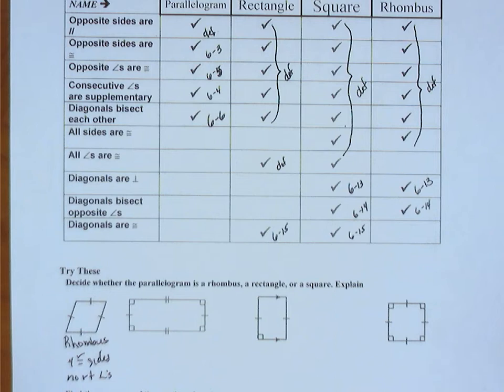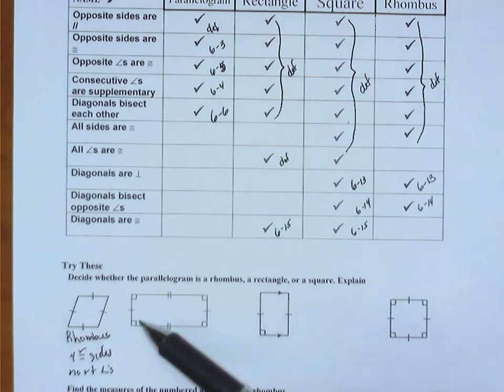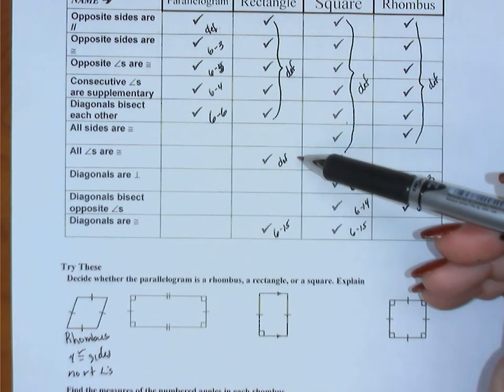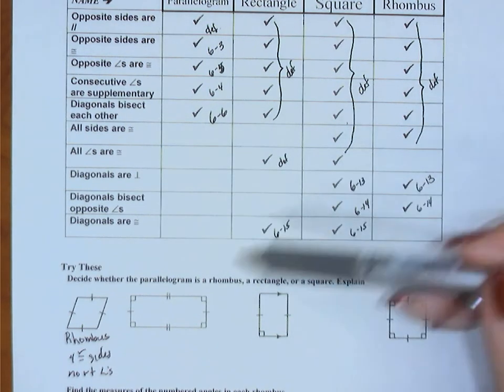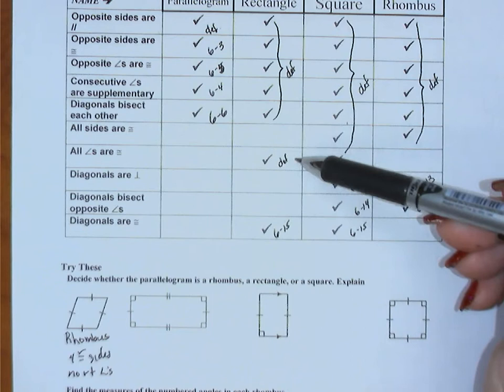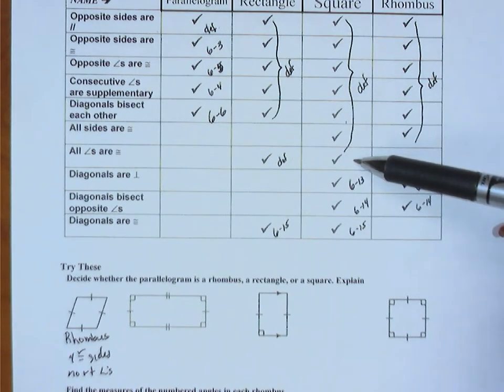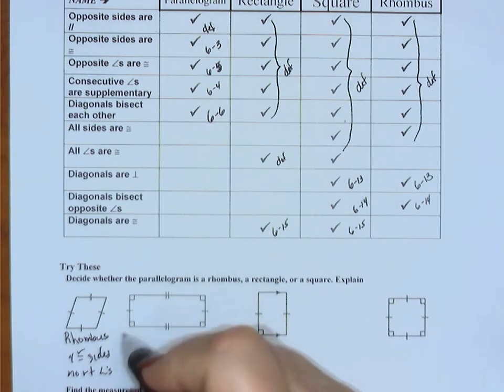That's part of the definition of the parallelogram. Then it has right angles being congruent. So the right angles are congruent, which means that all the angles are congruent here. They're all right angles, so they're all congruent. So that makes this a rectangle, because it's not a square because these aren't marked as the same size. So this is a rectangle